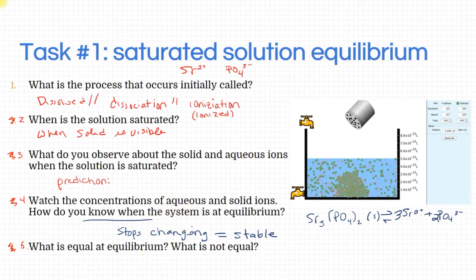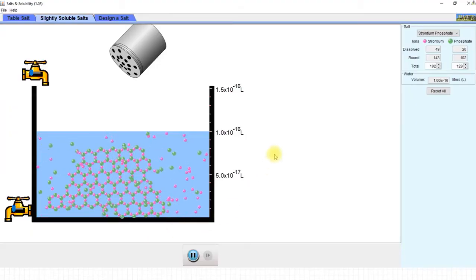Now, let's go back and look and see. It's still running in the background. Oh, look, the pattern's different. It's still hexagons, but it's a different shape. We still have roughly the same number of strontiums as we had to begin with. So that's interesting, but we'll also notice that the dissolved and bound, in other words, our products and reactants, they